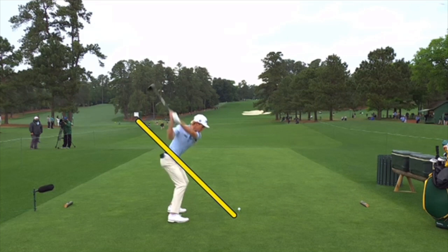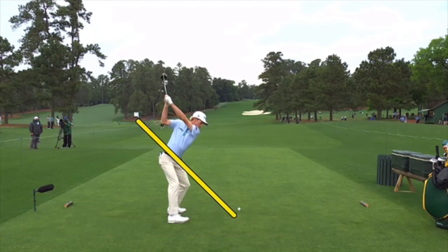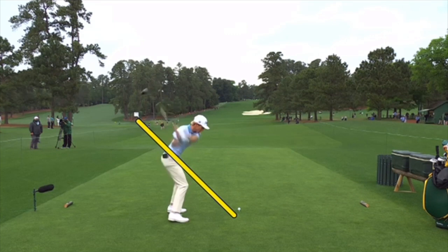And if you look at the wrists here, once again, the wrists are a little bit more cupped there than some players. The face is slightly more open at this point than some players. I have seen video of his where the face is a little more square and the wrist is a little flatter, certainly with some iron shots, but sometimes it gets a little more open. And then as he drops this one, he certainly got this one closer to the plane,